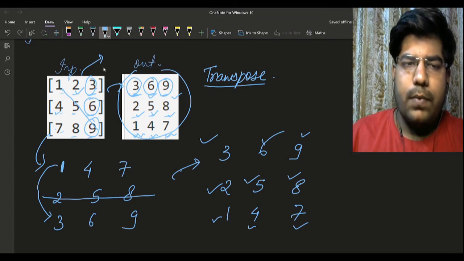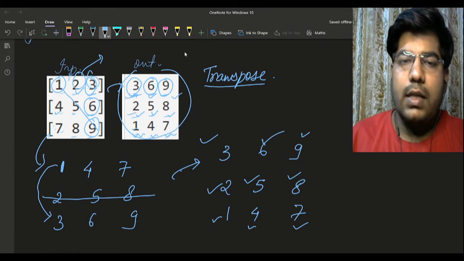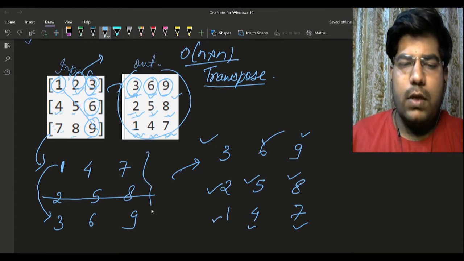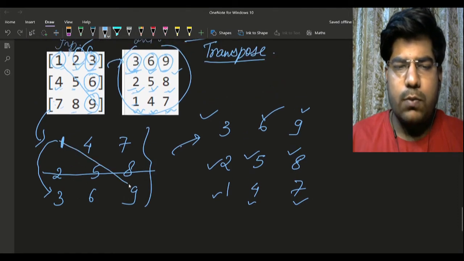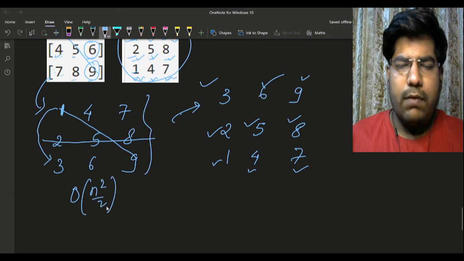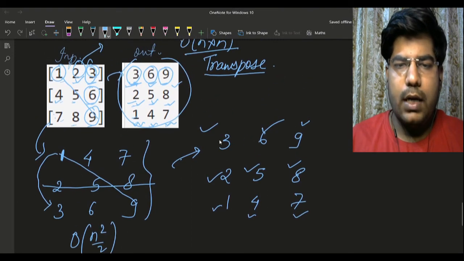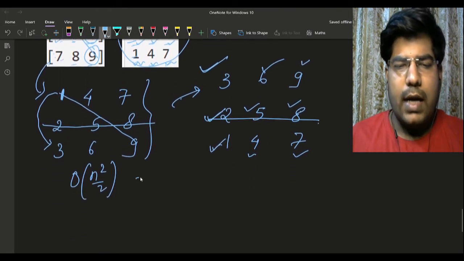This problem could also be done in a form where you store the elements present in the row in the column-wise output, and then reverse it, but that would have taken an extra space of order n cross n, right? But in this approach, first of all, we are transposing it, so you have to transpose, let's say, half of the elements, so n square by 2 time we can say, and apart from that, we are simply reversing it about the middle column. So that also will be around this.